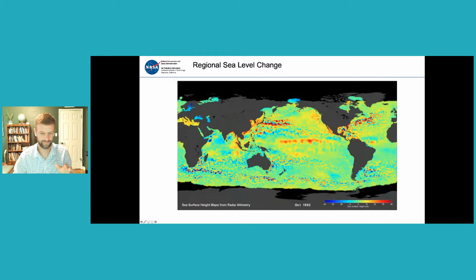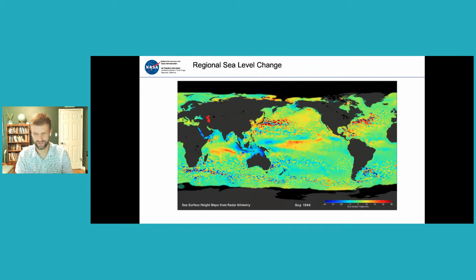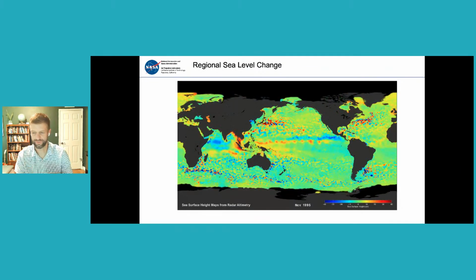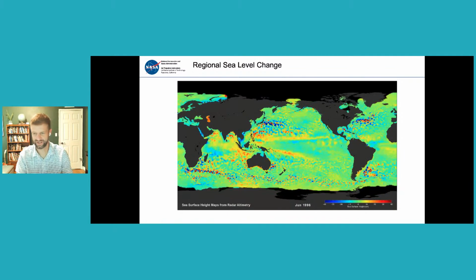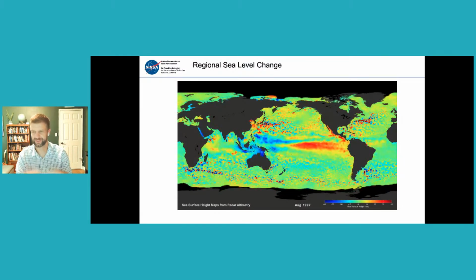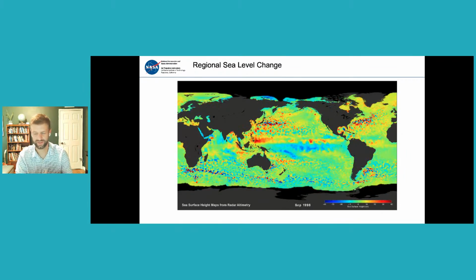Oh, let me go back. Okay. So again, the important thing here to understand is how rough the ocean is, how much is going on. We call this the topography, the surface topography of the ocean. There's these short features that happen over the course of a year. There's these longer processes that happen over the course of a couple years. And then there's even longer process beyond that, right? So there's all these different time scales of variability.